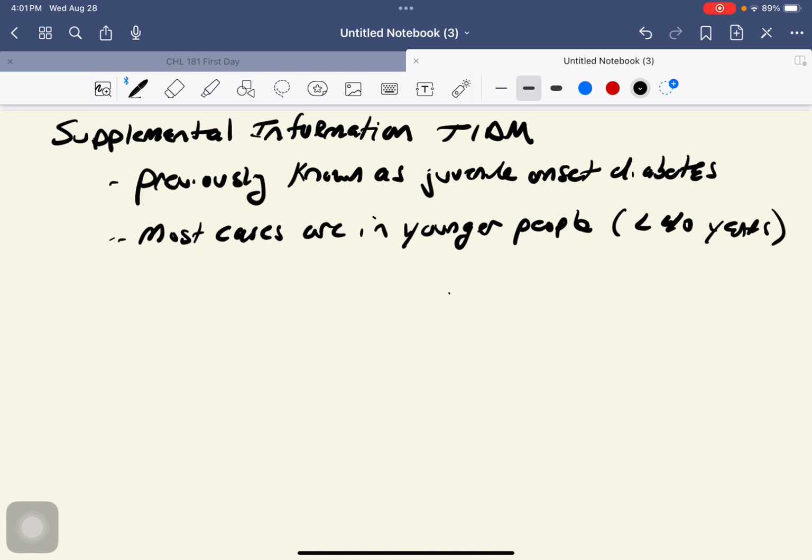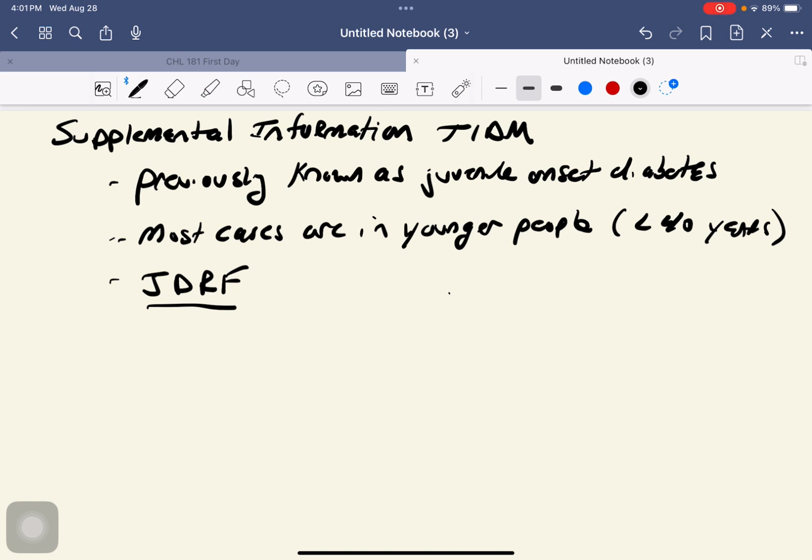That name is still used. There's the JDRF, the Juvenile Diabetes Research Foundation. It's a big organization that's trying to find cures, raise money, and raise awareness for type 1 diabetes mellitus. It held on to the name because it's so well known. JDRF is such a well-known name that they didn't want to convert it. But the reason it got converted in the medical community from juvenile onset diabetes to type 1 is because of